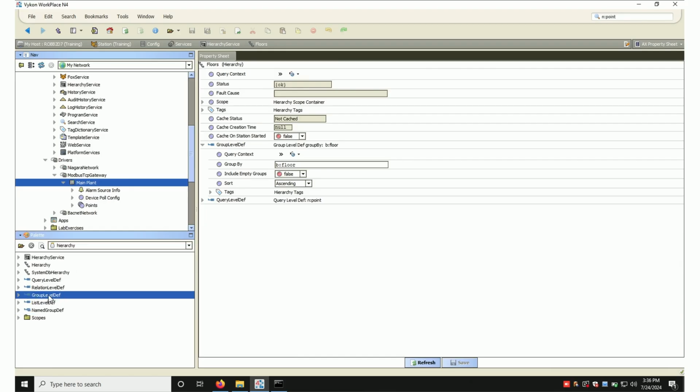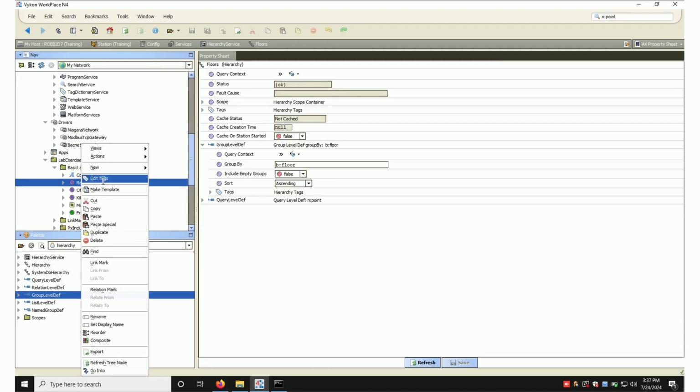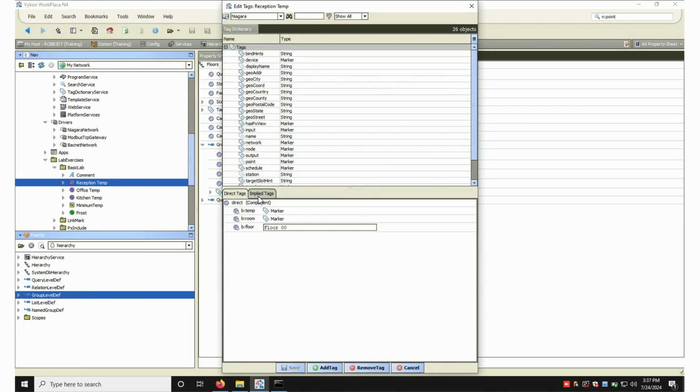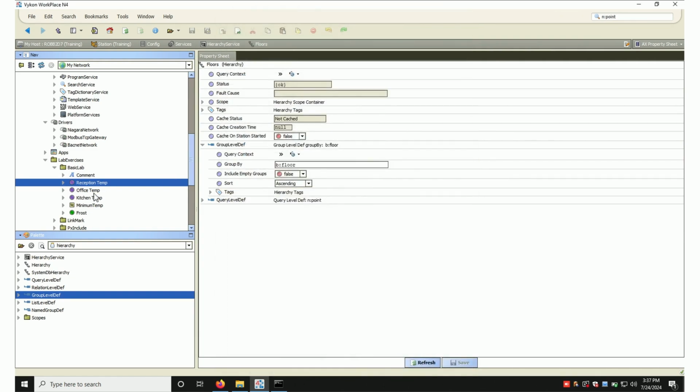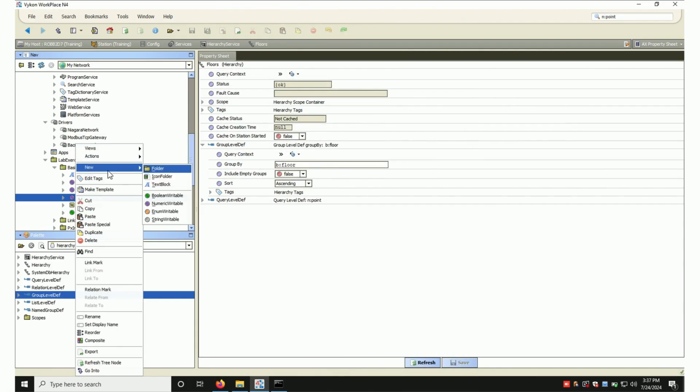So again, that's a component that comes from a palette. And then what it's doing is it's starting to filter the results by one specific tag, in this case, B:floor. And what we're going to do is we're just going to go and have a look at that floor tag. So in lab exercises, basic lab, right click, edit the tags. So we've got B:floor, and it's floor 00. Edit tags, floor 1. Edit tags on this one,